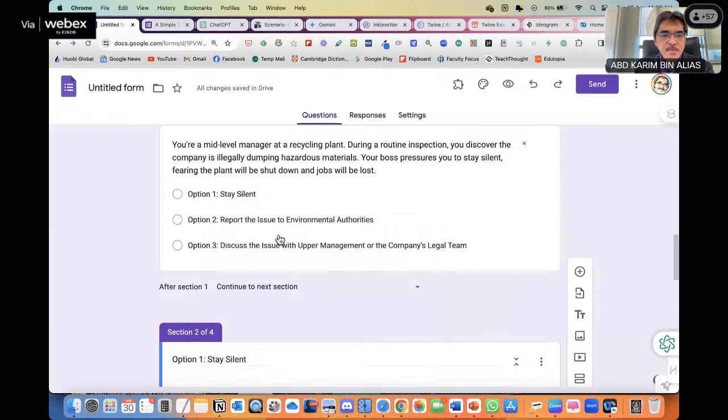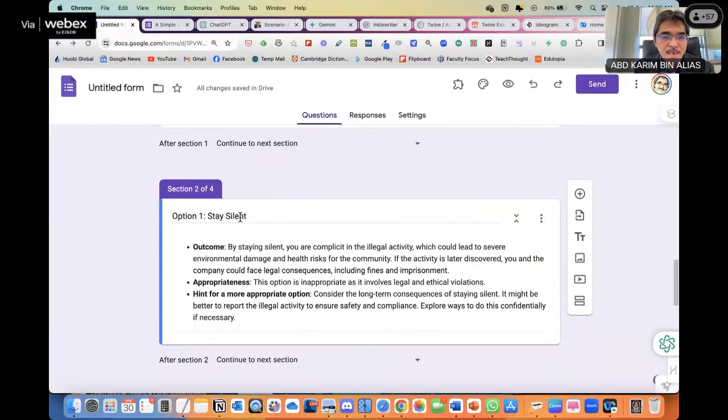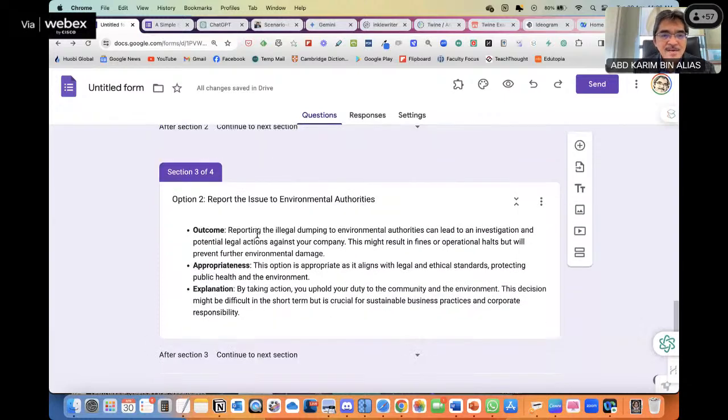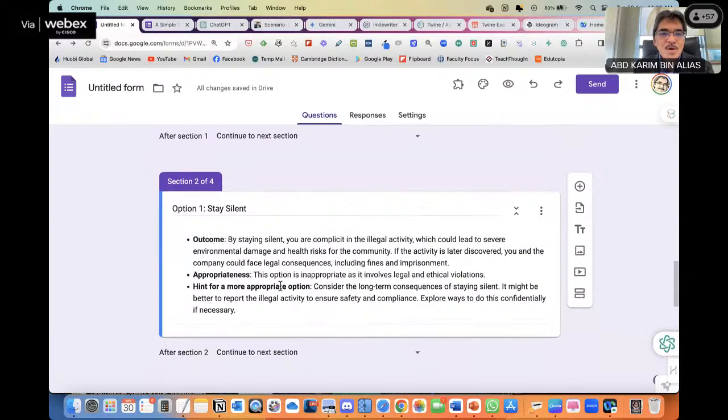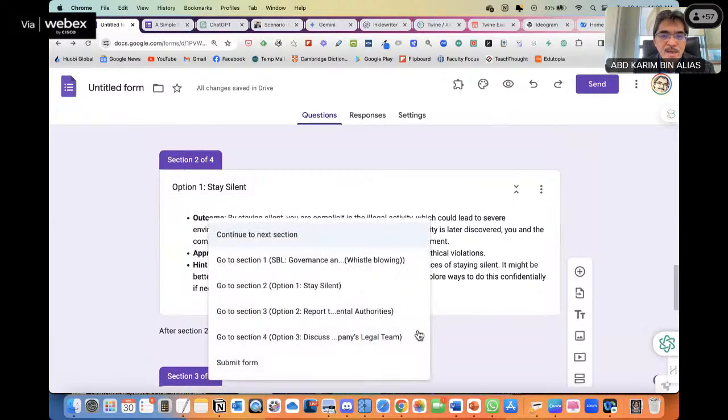I think you can put here continue to next section is fine. But for section number 2, when they go to option number 1, when they click next, we don't want the student to see the result of option number 2. So what we want is down here, after section 2, when they click next, they will go to section 1, which is the first screen.